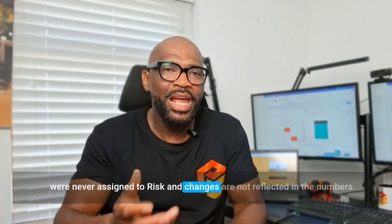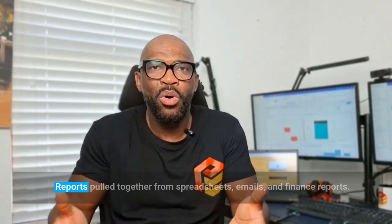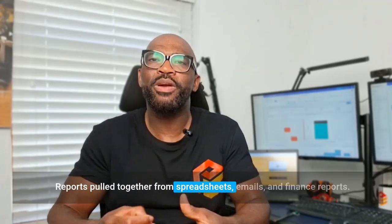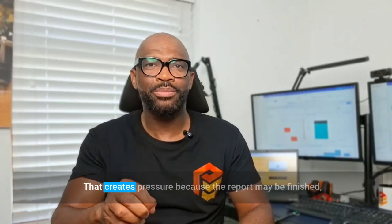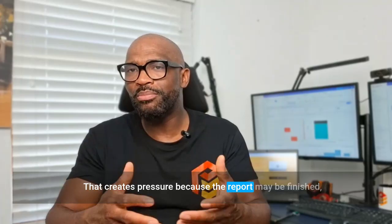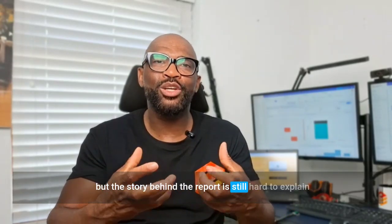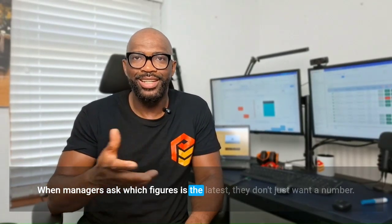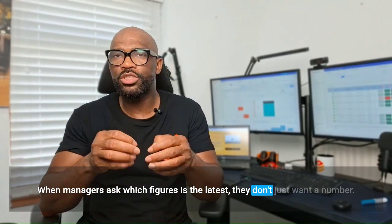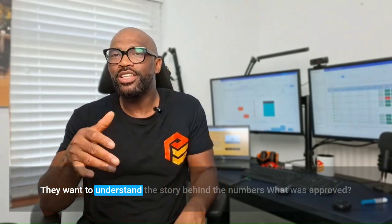Risks and changes are not reflected in the numbers. Reports pulled together from spreadsheets, emails, and finance reports. That creates pressure because the report may be finished, but the story behind the report is still hard to explain. When managers ask which figure is the latest, they don't just want a number, they want to understand the story